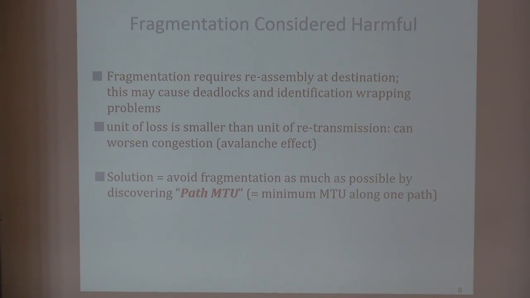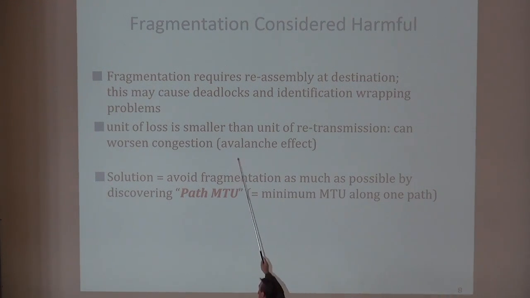Now, if we multiply by 3 the loss rate, we might cause more congestion because if the loss rate was due to congestion, then we might cause more retransmissions, and this was, in fact, one of the reasons for the congestion collapse in the internet in the mid-80s. It was combined with the fact that there was no congestion control mechanism in TCP, and there was fragmentation. So those two things combined together were called an avalanche, and that caused the congestion collapse. So we want to avoid that.